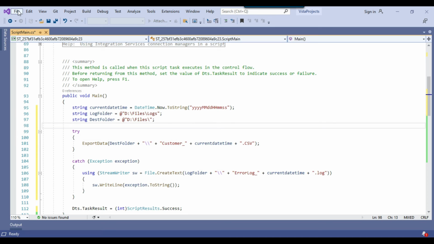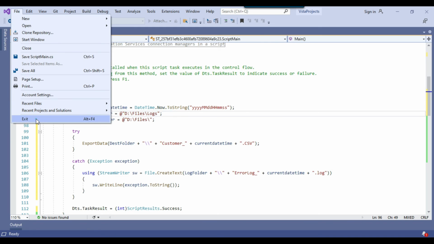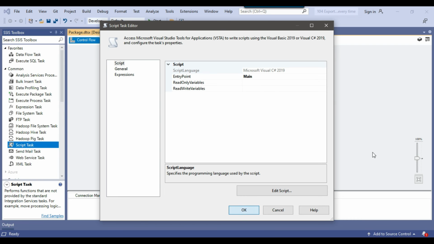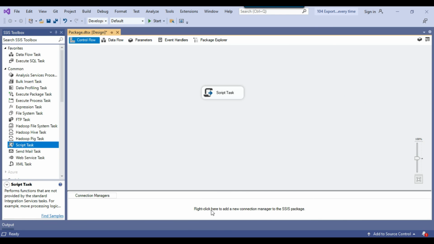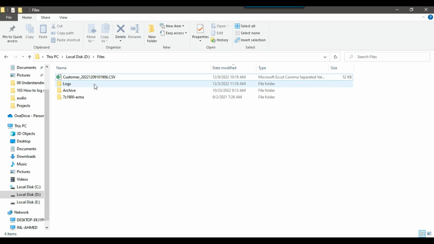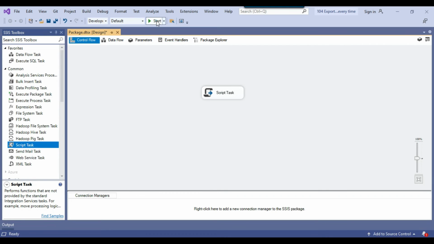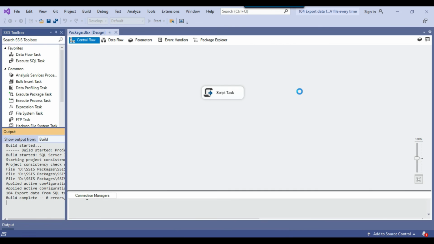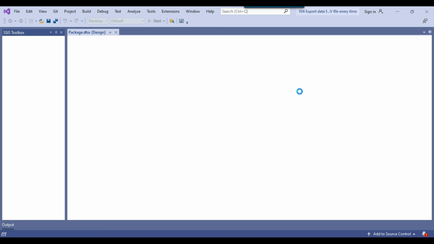Okay, and the file will be created at this particular location, D files location, and if any error occurs, then the error will be written at this location, D files logs. Okay, so I can click on file, exit, I can click on OK, and this should save the code for us. So now we are good to execute the SSIS package. As of now we have only one file here, customer underscore one timestamp, and now let me execute the SSIS package, and this should create another file at the same location,